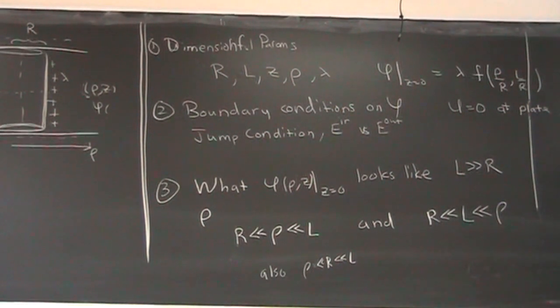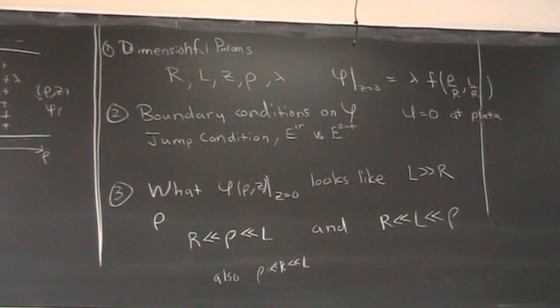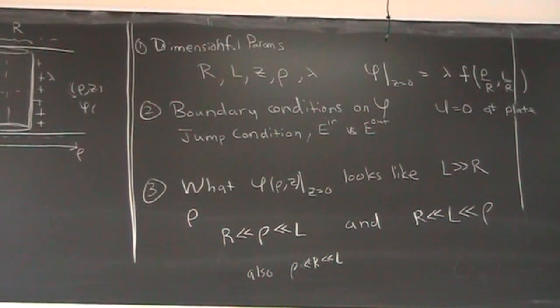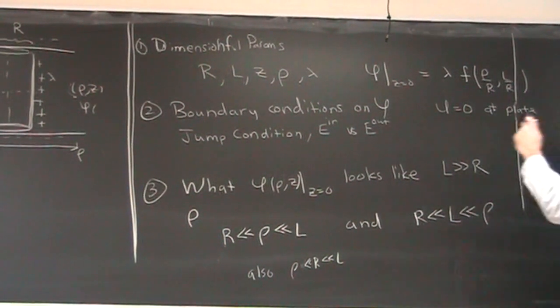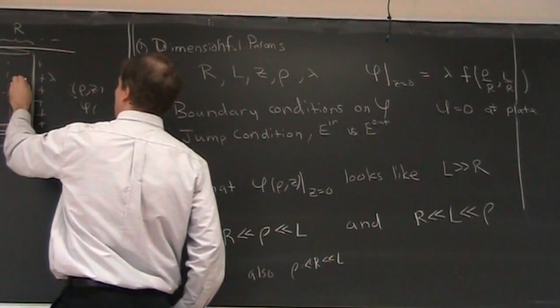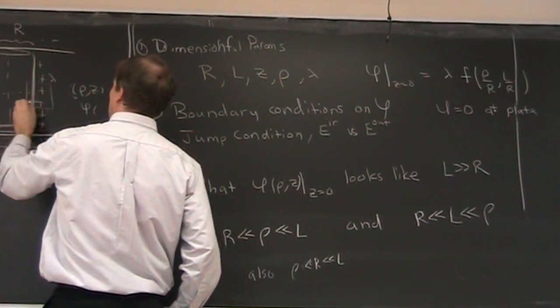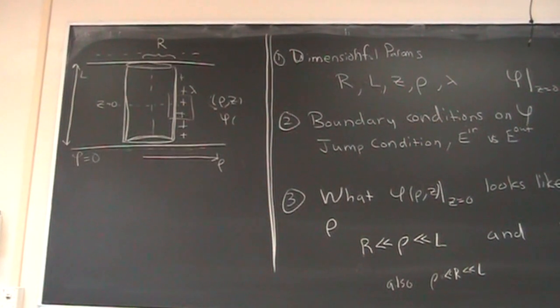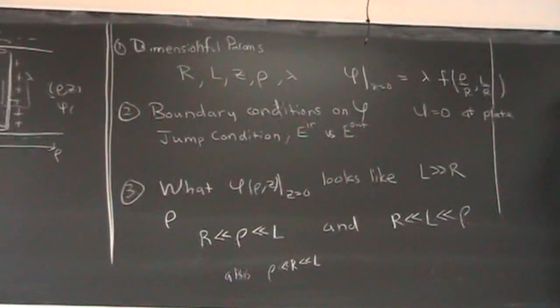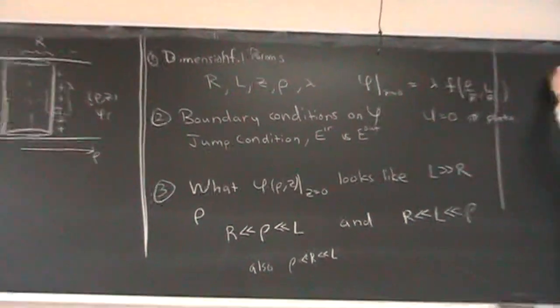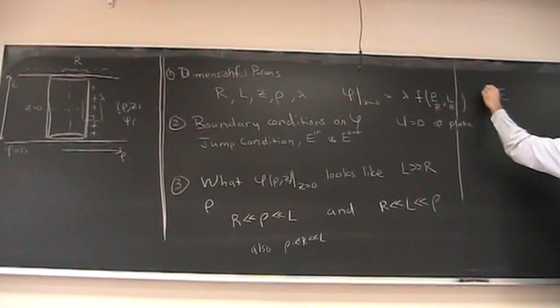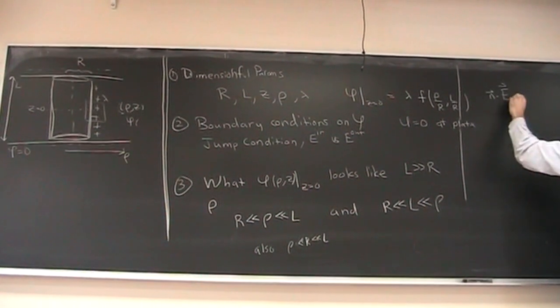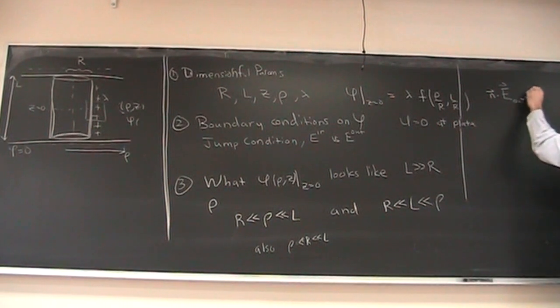And now the jump conditions, right? So you're supposed to know that if I take any surface and draw a little Gaussian surface, first of all, then you'll get there: n dot E outside minus n dot E inside